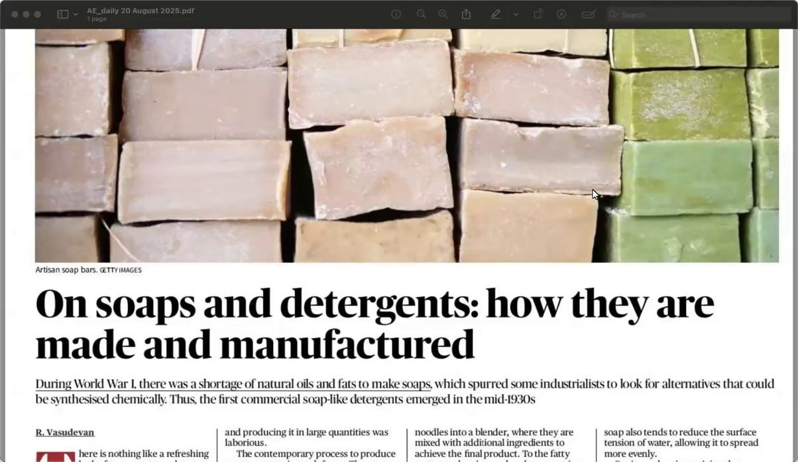Okay. So today we are going to explore what exactly is soap, how is it made, why does it clean so well, how are detergents different from soaps, and finally World War में और science ने कैसे shape किया था. Okay. So students, let's